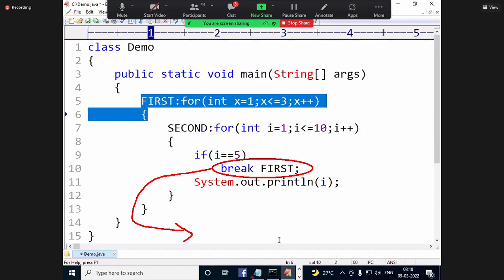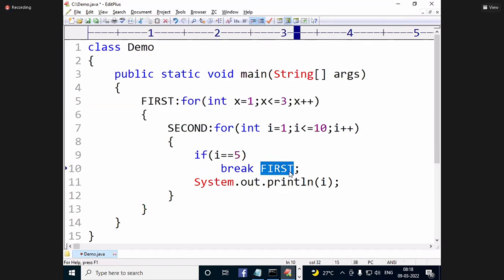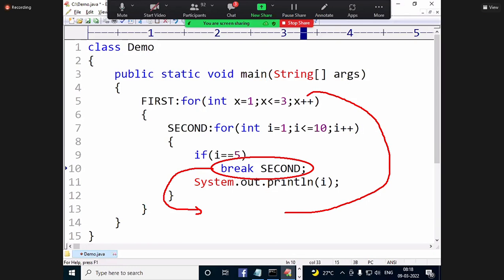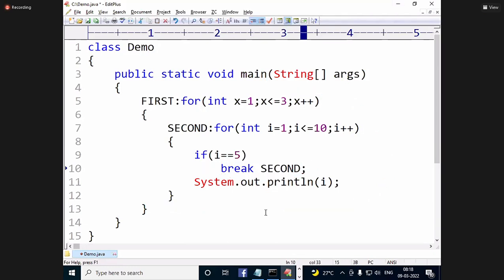Suppose if I write break second, it will come out of the second loop here, but after the second loop, it will continue again. So if I write break second, what is the output? 1 to 4, 3 times.